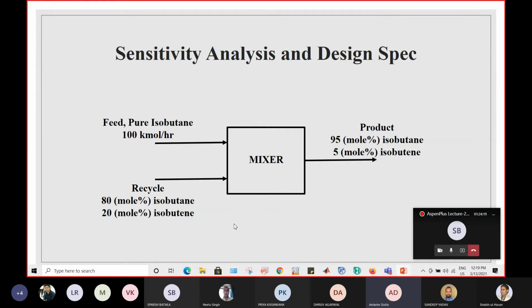Otherwise, this particular tool, that is your sensitivity analysis and design spec, can be applied to any model of your interest. In any model you can apply. Suppose you are working with any distillation column or any reactor, you can apply sensitivity analysis and design spec on those too. But the way of implementing these tools would be different depending on the variables that you